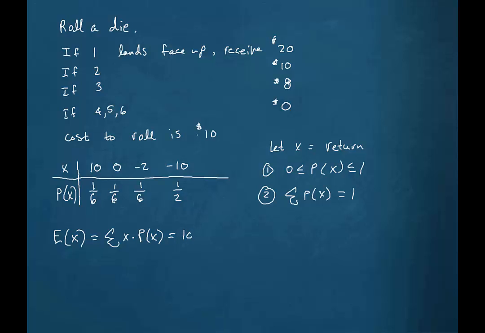So we'd have 10 times a sixth plus 0 times a sixth plus -2 times a sixth plus -10 times a half. And when we add all of this up, the result is going to be -3 2/3. And if we were to round that to the nearest cent, that would be